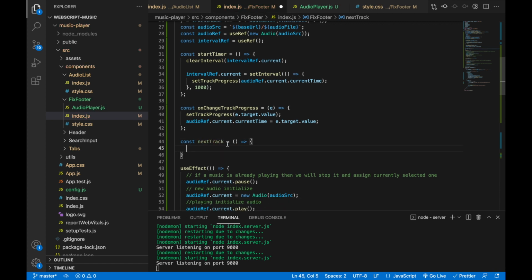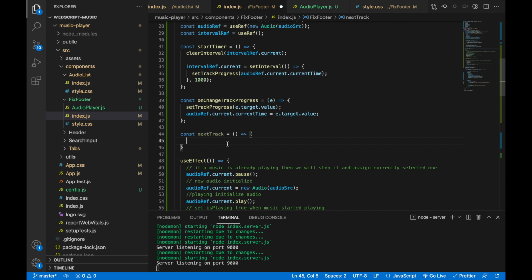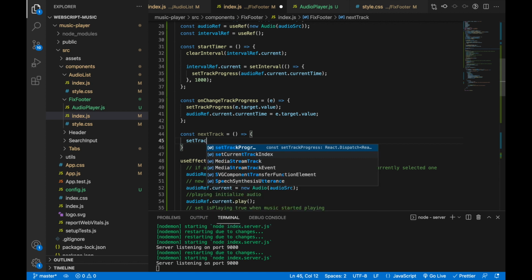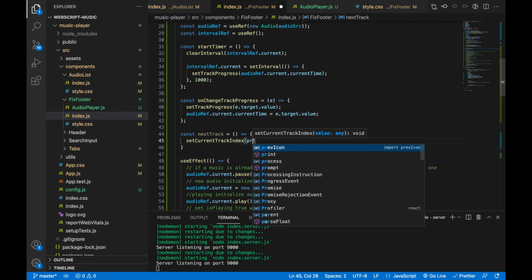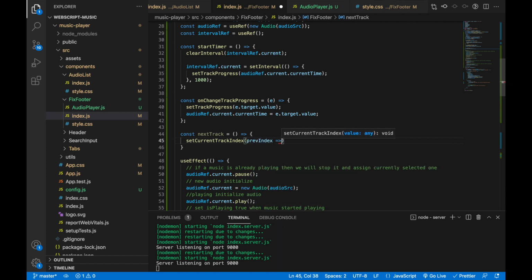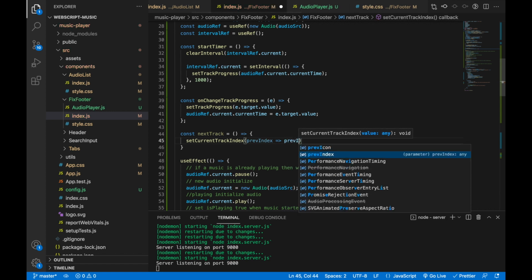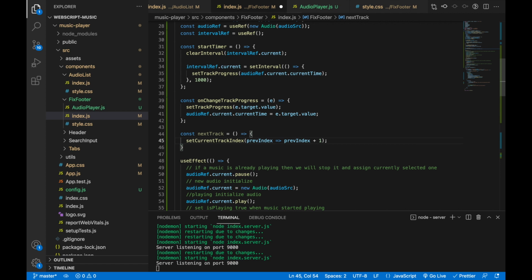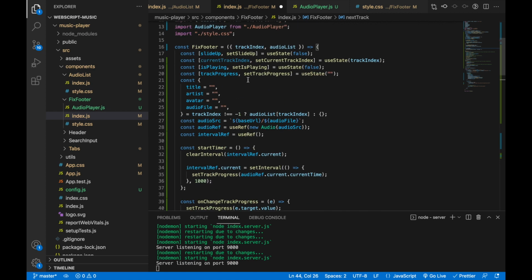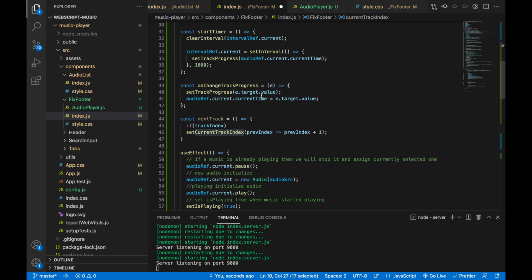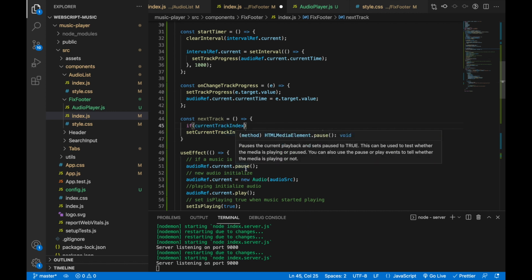and here we're gonna say whatever the current index, we'll simply increment that. So this set track current track index, and here we're gonna say previous index plus 1. But there are a few things we need to take care of. For example, if it is already in the last part, like if the track index is already the last one, or the current track index, actually current track index,